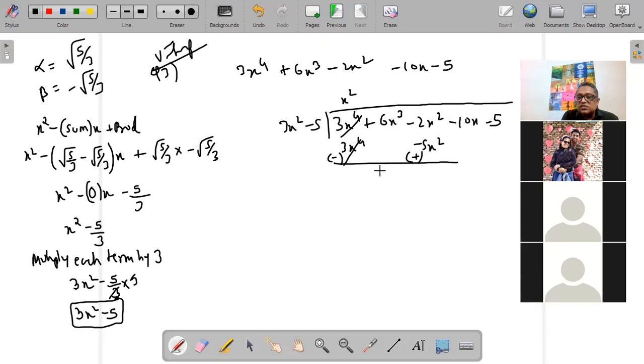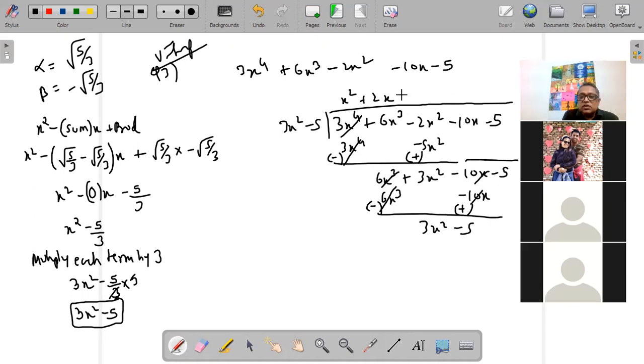हो गया, this is getting cancelled, ये आ गया 6x cube, 5 minus 2 you get 3x square, bring down the numbers from top, minus 10x minus 5, 3x square will go how many times, 2x, तो ये हो गया 6 cube minus 10x, again change the signs, ये नॉर्मल डिवीजन है जो हमने क्वेश्चन 1-2 में किया, रह गया 3x square minus 5, 3x square will go once, so 3x square minus 5 into 1 minus 5, रिमाइंडर आपका 0 आ गया।